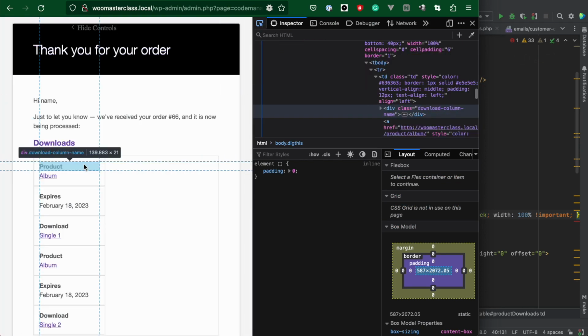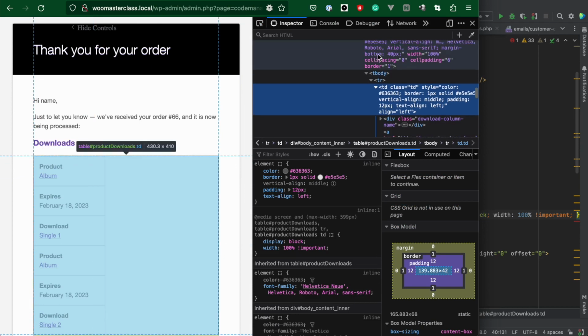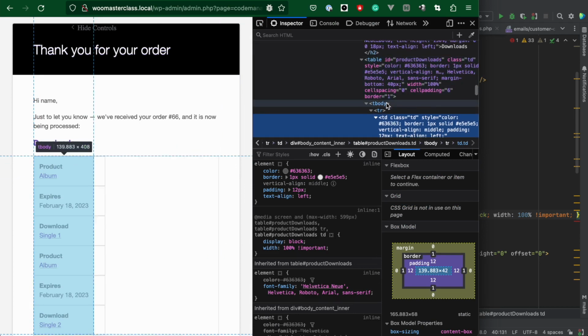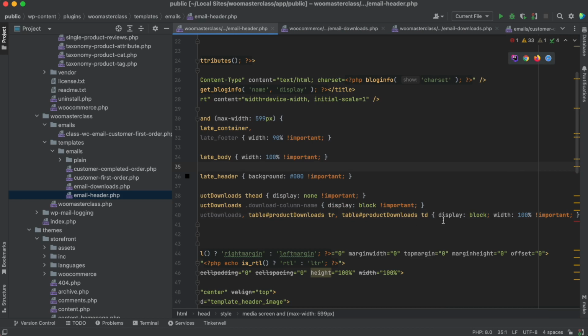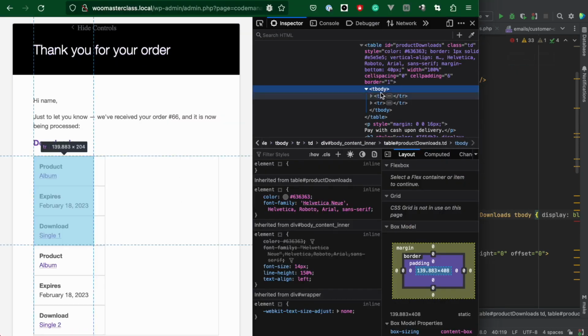Okay, let's see. Table is here. Oh, tbody. Okay, and let's say that body as well. Okay, so now we have this,